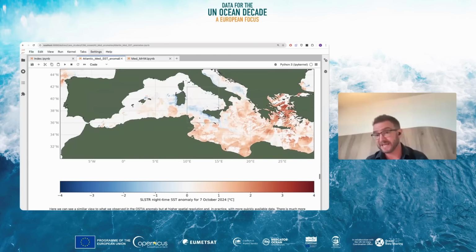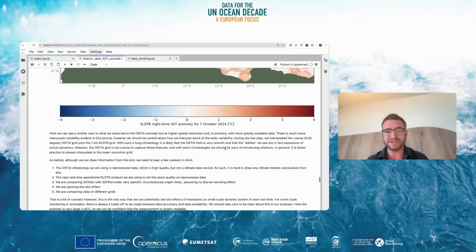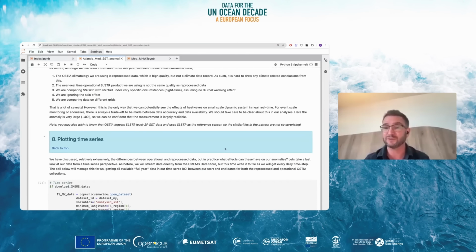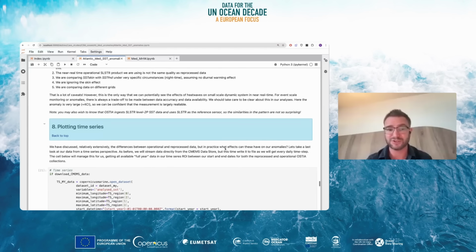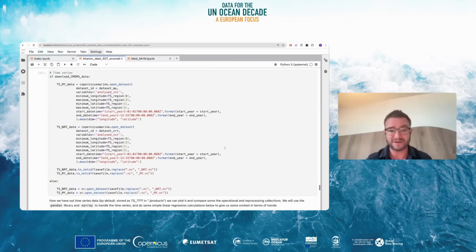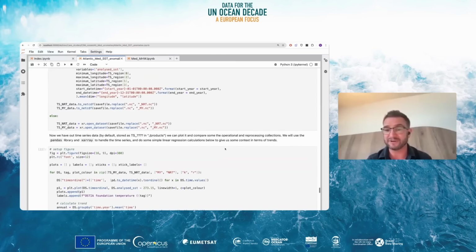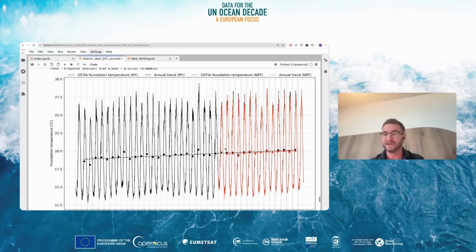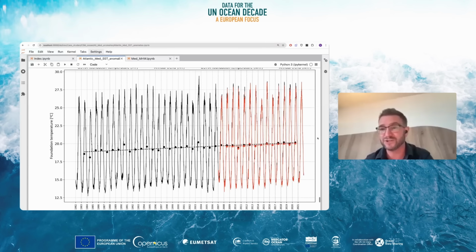Okay, and this is for the same day. So there are some comparisons that we can do here between different products at different times. The last thing we're going to do in this little notebook is look at a time series of how the data looks from the level 4 products over the small TS box I showed at the top. This part of the notebook is going to manage all this data gathering for us. And at the very end, we're going to do a comparison to see, over our small box in the Western Mediterranean, what the annual time series looks like from 1982 to 2021.